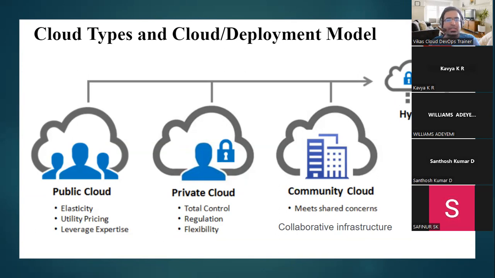Nowadays companies are expecting to use the hybrid cloud. Why? Because something is really good in AWS, something is really good in GCP, something is really good in Azure. They don't want to get stuck with one cloud. That's why they want to use multi-cloud, and that's why they are looking for multi-cloud engineers.